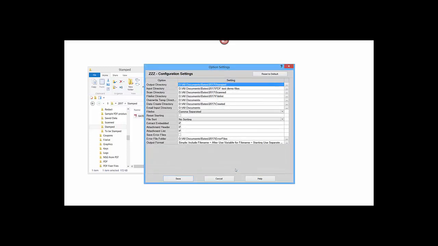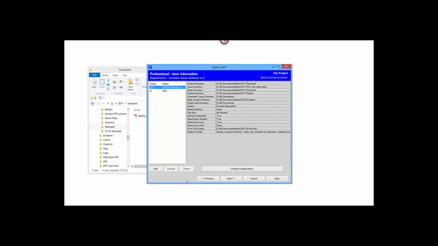We'll change configuration, select this, and we're going to include the file name after the number. We're going to use just the starting name because these, you can put the file name before or after, and you can put the starting or ending or both for the number. And we're going to do a separate variable for the file name. We'll use the variable separator, and we're going to use that in the file name to separate the numbers and the name. So we'll say OK to that,